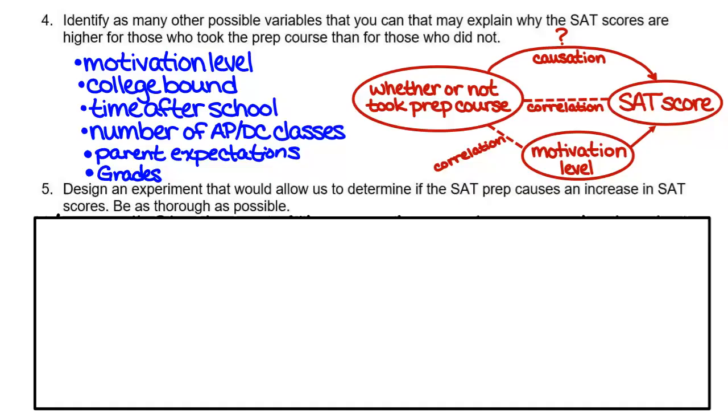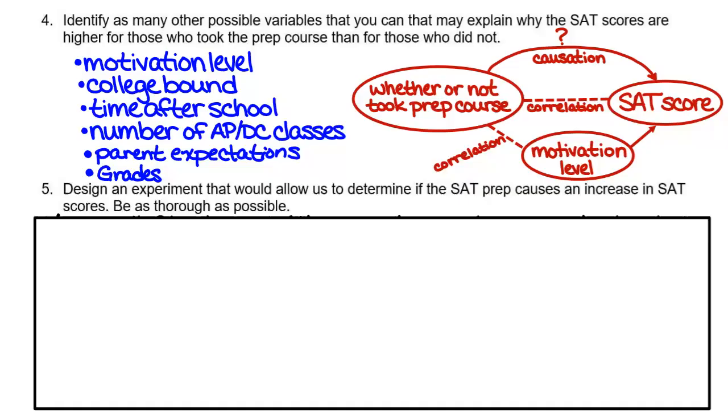I could see it influencing both ways. If you're taking a lot of AP classes, you don't have a lot of extra time because you're doing all of the work for those classes. But on the other hand, you're also being exposed to questions that are a higher level and might be preparing you for that test outside of needing to take a prep class. So I can see it coming both ways. But the point is, it's connected to both my explanatory and my response variable.